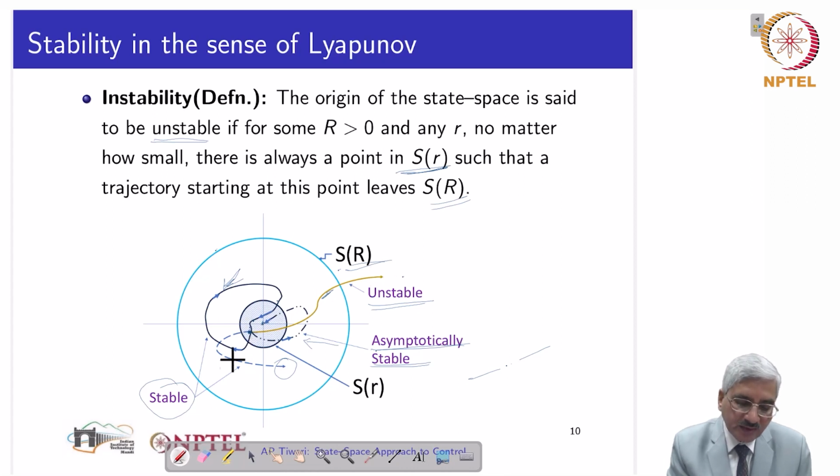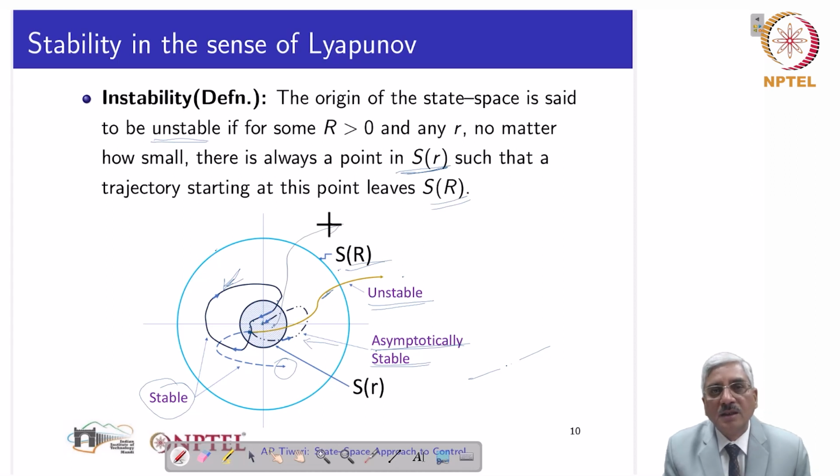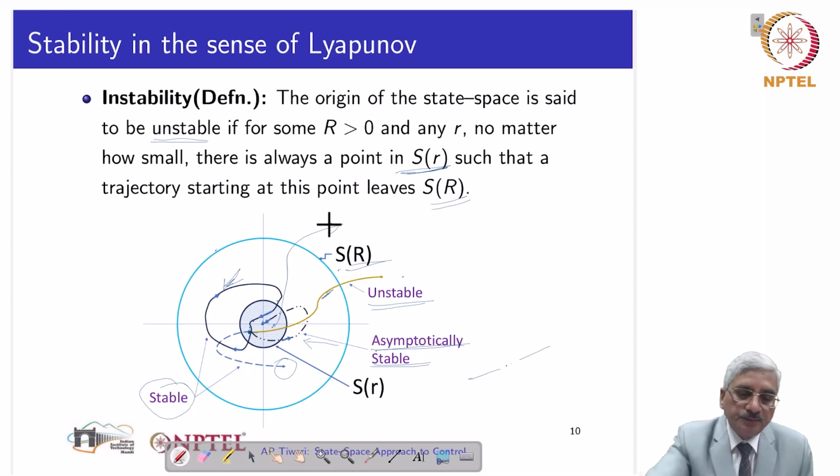Of course, we have generated all the examples for that starting point only, but from anywhere in this region, if it went out, then it is denoting an unstable situation. So